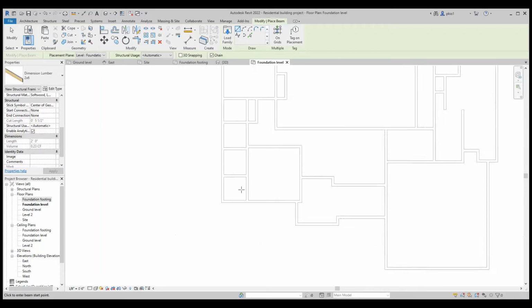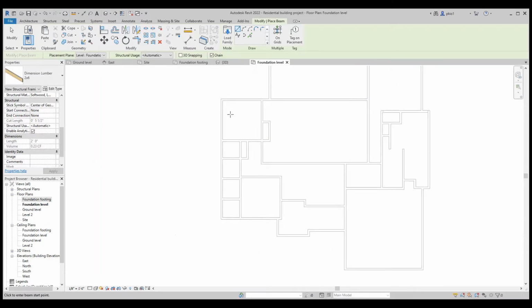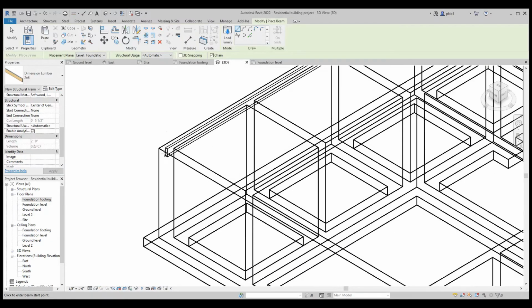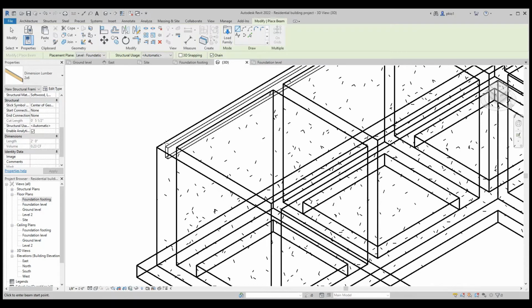So it says that the seal plate is not visible here. I'm going to go to the 3D and see if I can see it there. Yes, this is the seal plate. In order to adjust the seal plate, I'll select